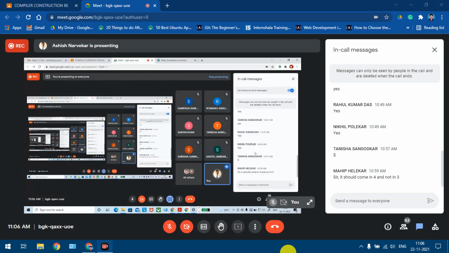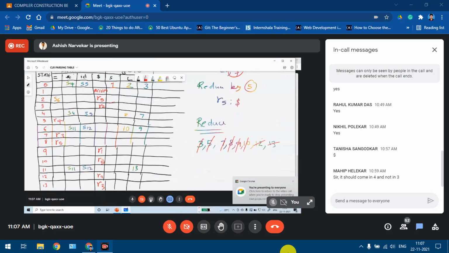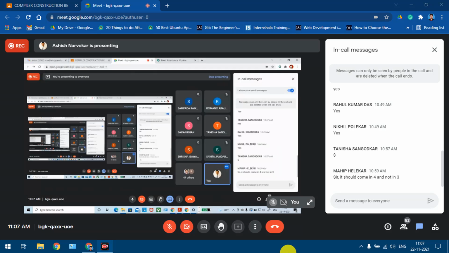Mahib is asking it should come in 4 and not in 3. Mahib, can you tell me which one you are referring to? I did not see your message first. It should come in 4 and not in 3. Mahib, which one are you referring to? 4 and 3.